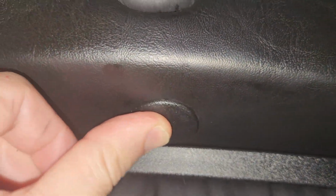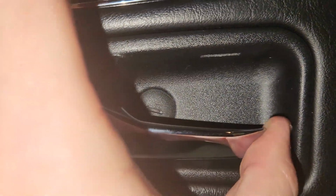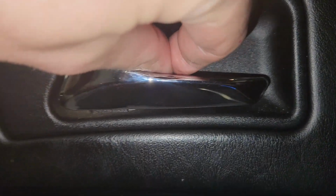And then under the actual door handle is a little rubber grommet. The flat head is deceptive. You don't need to twist it out, just gently shimmy it out. And then there's another 30 Torx under there. Before finally at the bottom there's two, I think they're 25s,